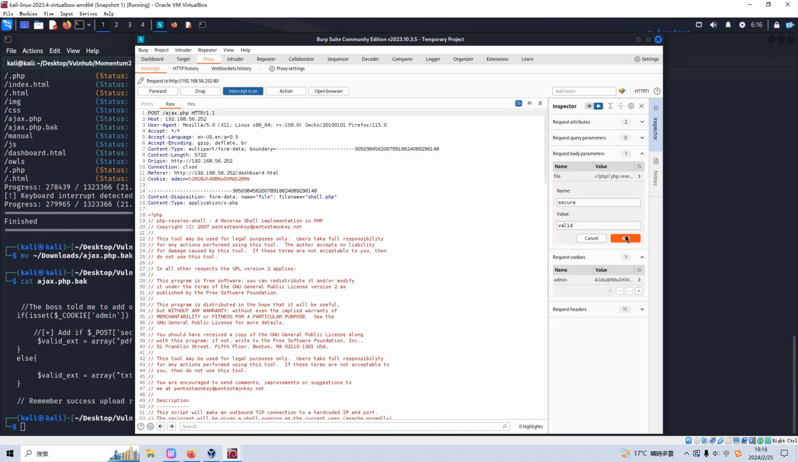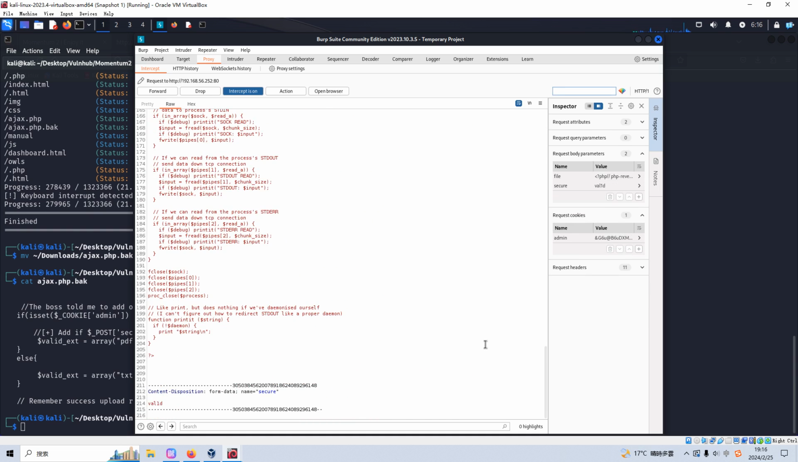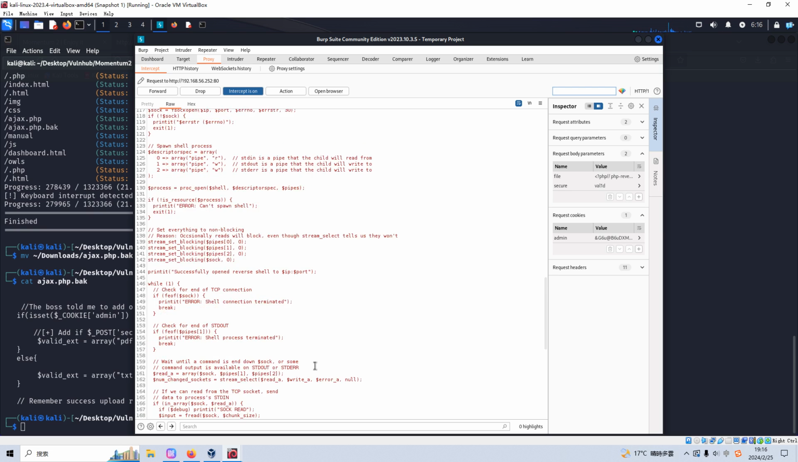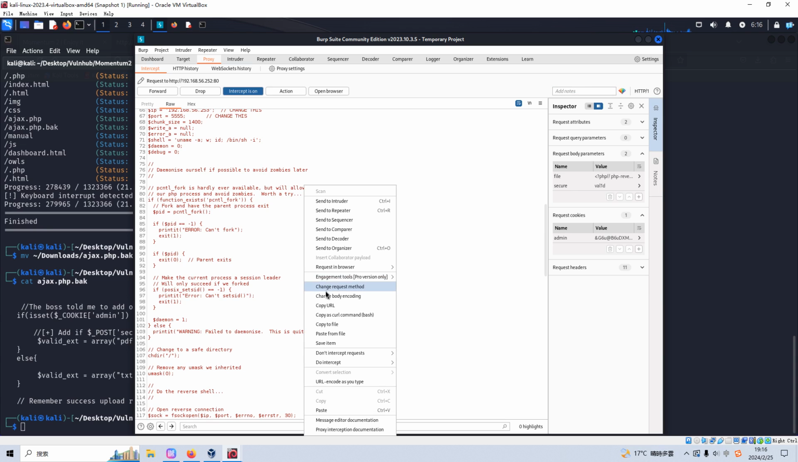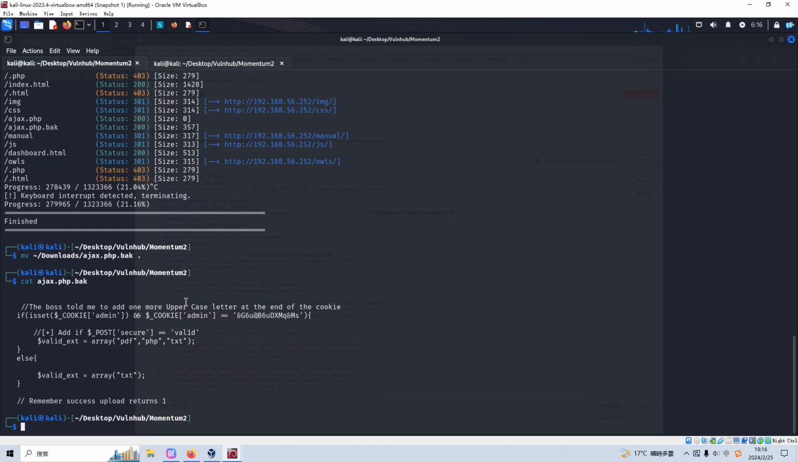As you can see, at the end we add another parameter and its corresponding value in the request body. Next we can send this request to Intruder. For this one I think we do not need to URL encode, so we just make a copy of this string and